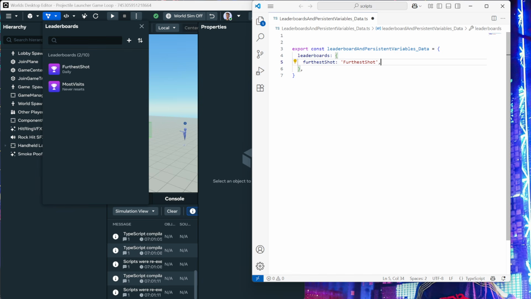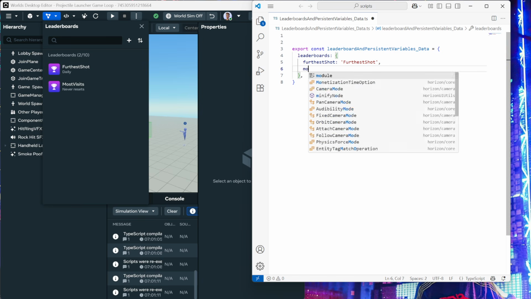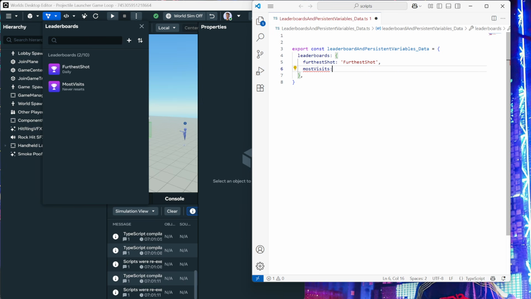So this is the string value, and it has to match this exactly. It does, so that's great. I'm going to add another one, which will be called most visits, colon, most visits. And you'll notice here that I am using camel case correctly for the variable name, and for the value we're mimicking the Pascal case, which is more proper